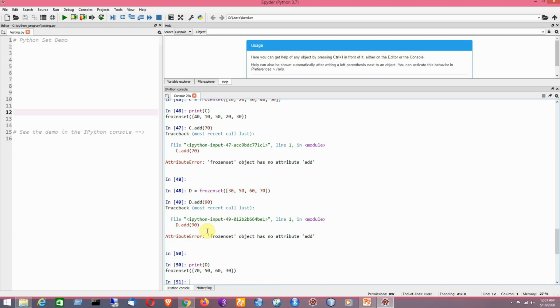Now we are going to apply the operations like union, intersection, difference and symmetric difference on them. Basically I am going to apply them one by one. So that is the idea.